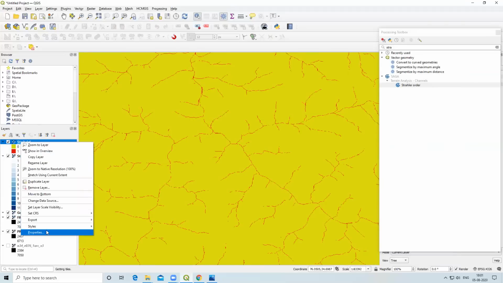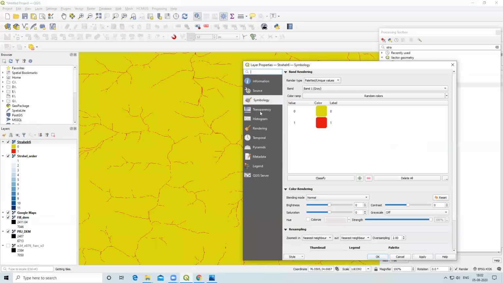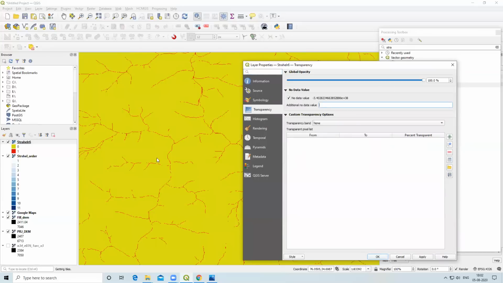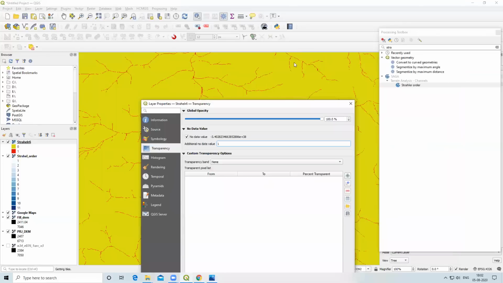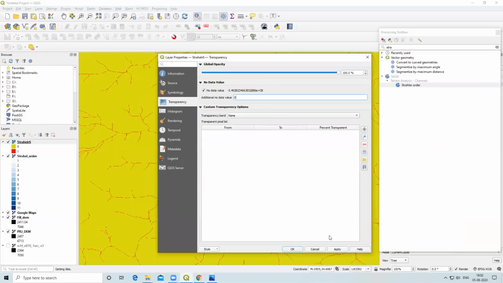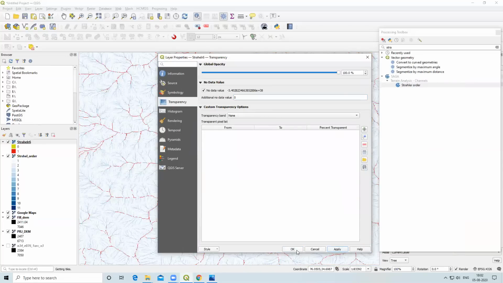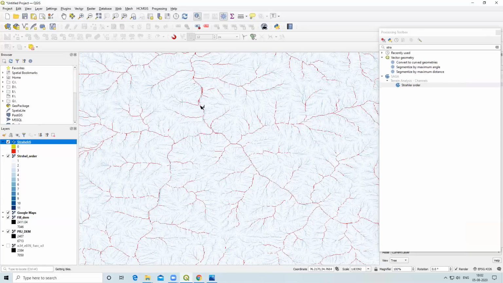I will go to properties, transparency, and type 0 or 1. If I type 1, then the stream will be invisible, and if I type 0, the yellow color where there is no stream will be removed. So that is transparency.